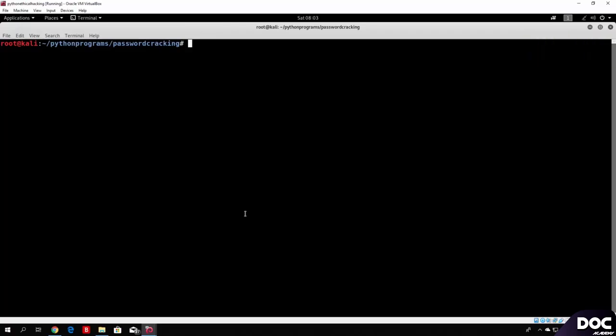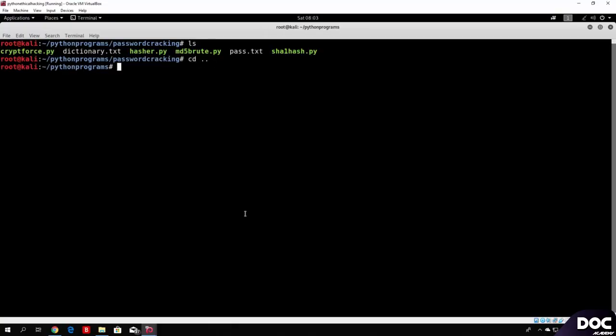Hello everybody and welcome back to the tutorial where we will actually code a simple MAC changer for our Kali Linux machine. So let us get started. First of all, what we need to do is get out of the password cracking section and make a directory where we will actually make basically something like, let's call it for example,